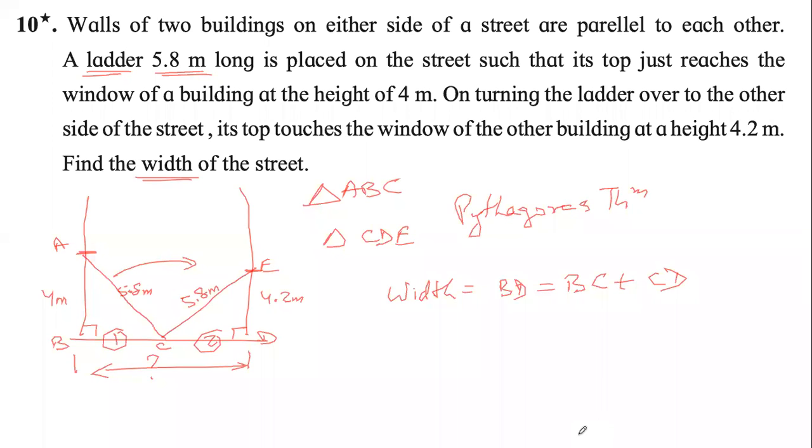But use your logic and tell me the base of the ladder, the point C, is it nearer to the building AB or is it nearer to the building ED, and why? Think and answer. Base of the ladder is nearer to DE because अगर आप देखो that we are able to reach a higher height, 4.2 compared to only 4. तो जिस तरफ हम ज्यादा हाइट अचीव कर रहे हैं उसका मतलब है सीढ़ी उस तरफ को है. Very simple, common sense.